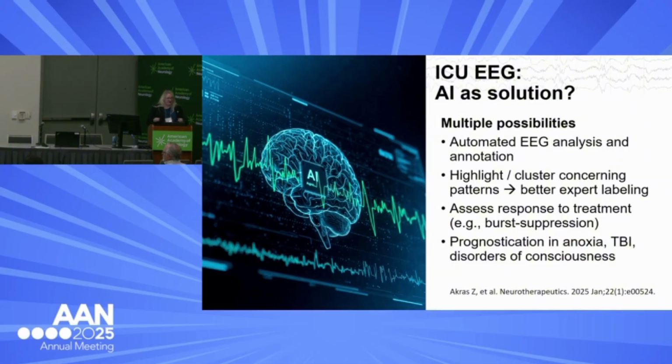Another area of deep interest is the use of artificial intelligence. Can we use AI to potentially highlight EEG areas of interest, maybe cluster or highlight concerning patterns so that we can look at it? There are some studies that suggest that this can be almost as good as using expert labeling. We could certainly potentially think about using this to assess responses to treatment. And some people are exploring the use of AI for prognostication in anoxic brain injury, TBI, and other disorders of